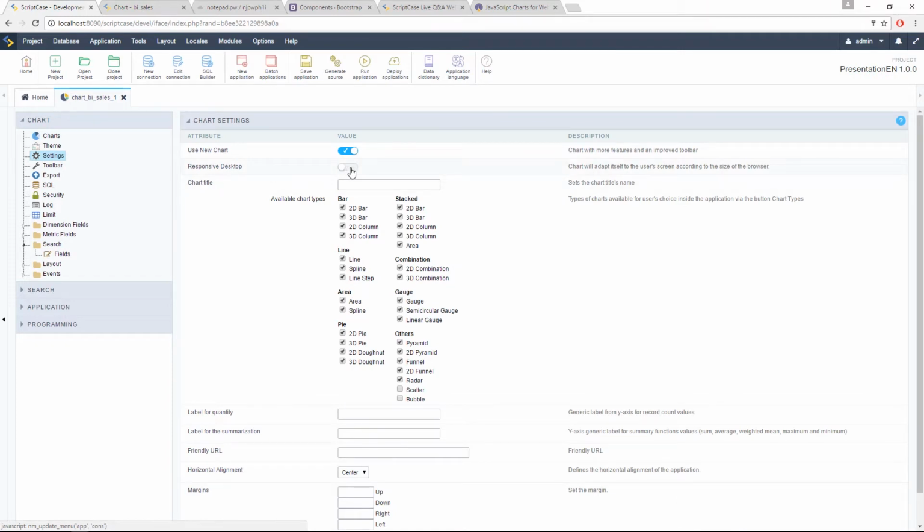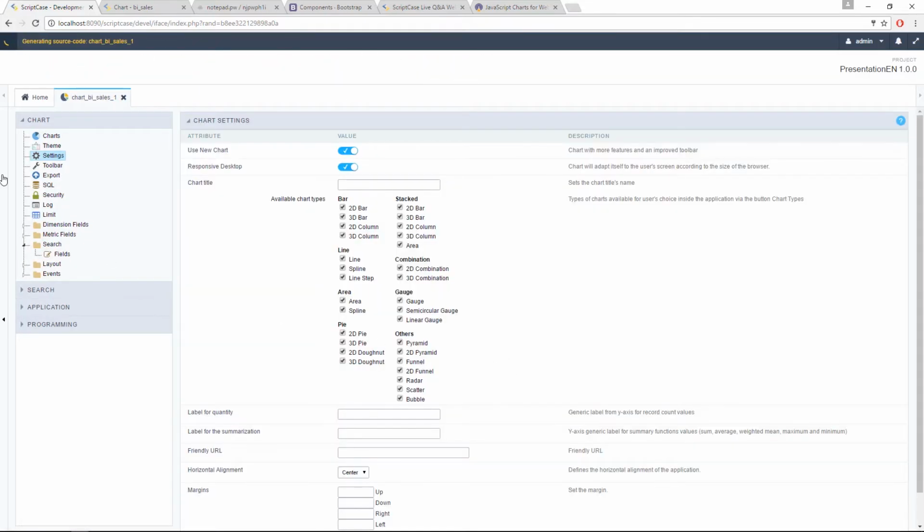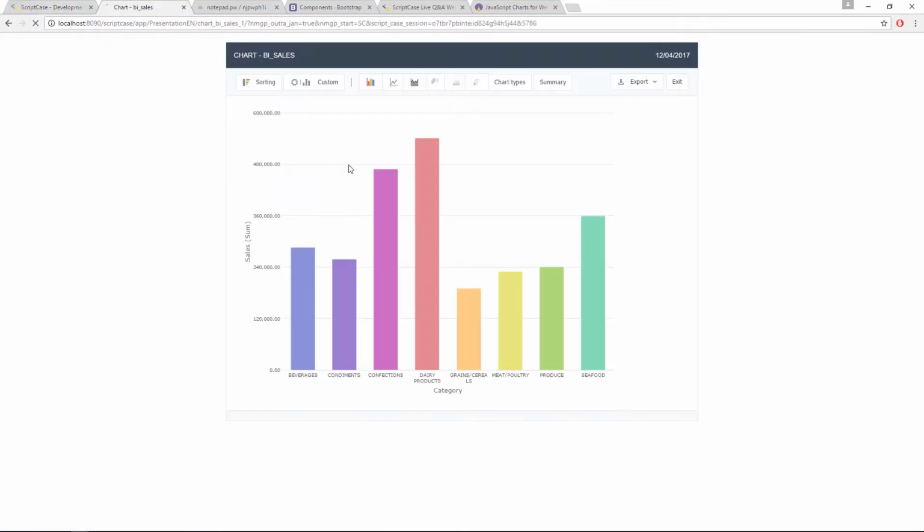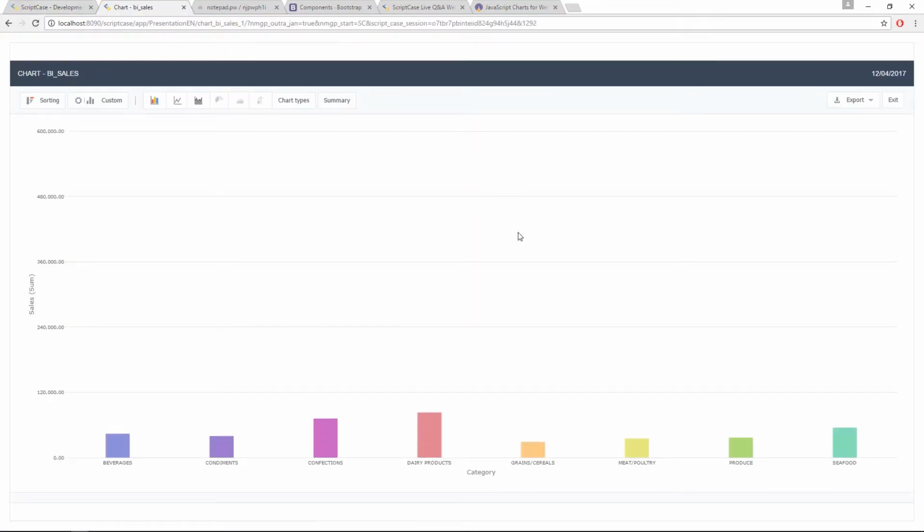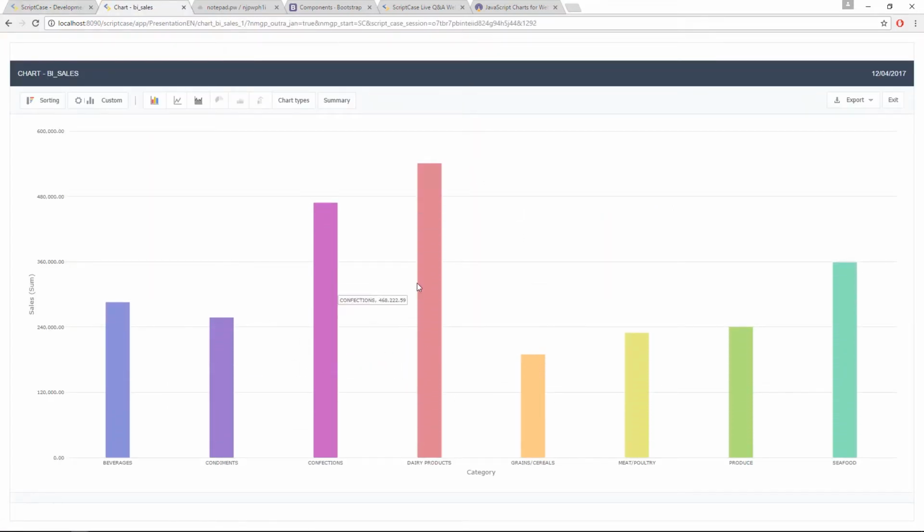Responsive desktop is going to be activated when we release the version, because inside my version this is not activated. And the 2 new charts, scatter and bubble. Okay, so we can see them all inside the generated application. You will see that with the responsive desktop, you have the chart covering 100% of the screen,